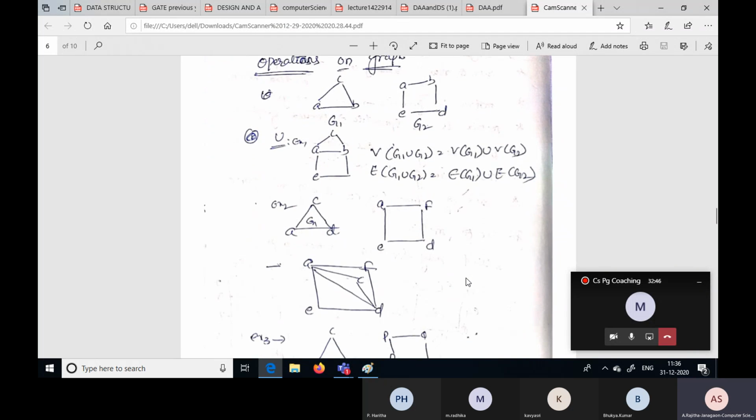Now here G1 and G2 are graphs. In this case G1 union G2, that means the vertices: how many vertices are there here, that many same vertices plus these. Union means this graph contains, for example,